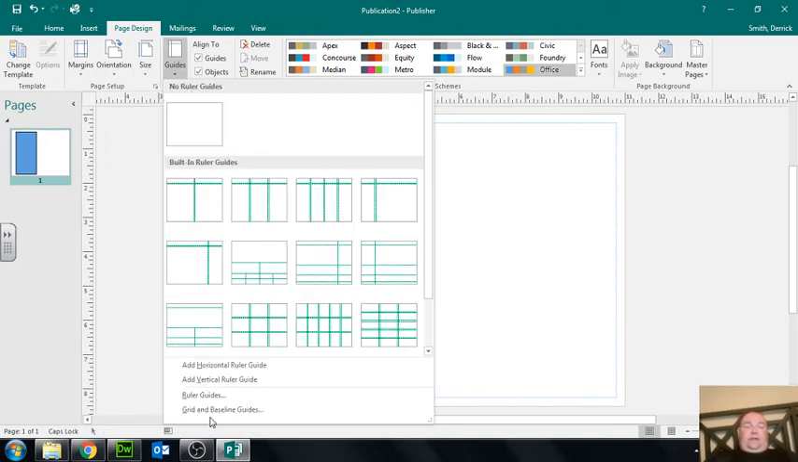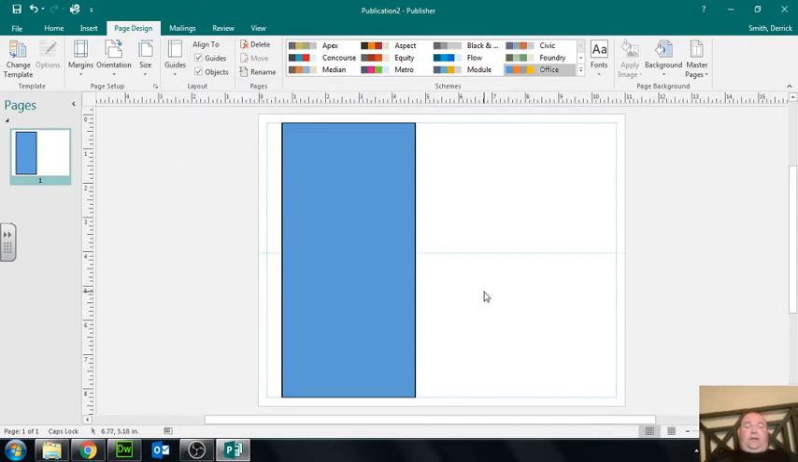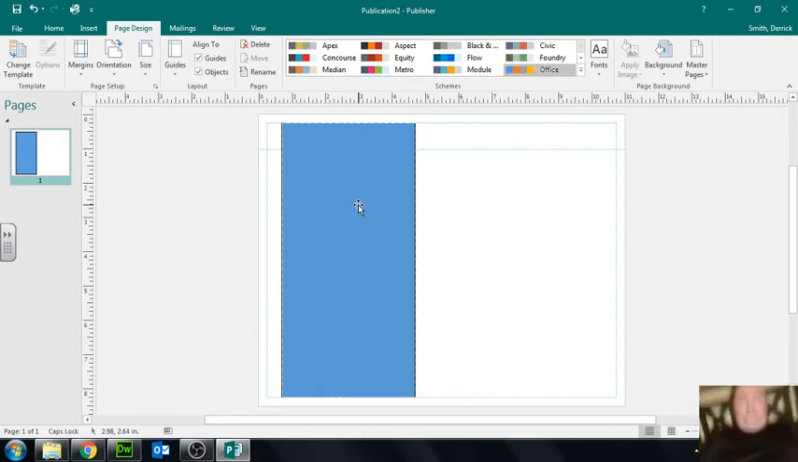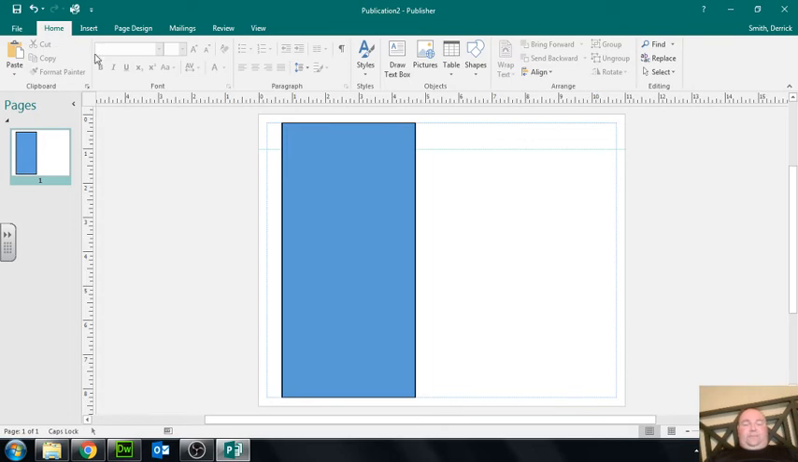But I'm going to add a horizontal ruler guide, and I'm going to drag it up to the 1 inch mark on the ruler right over here to the left. There we go. And they want you to draw a circle that is 2.75 inches in diameter. So you're going to go to your home tab,